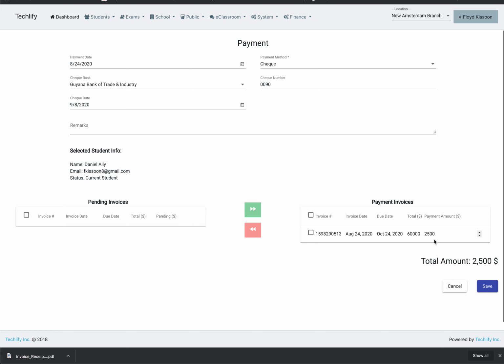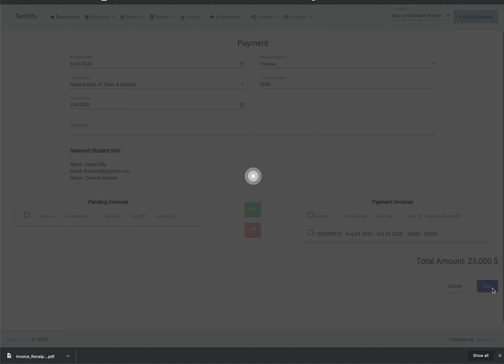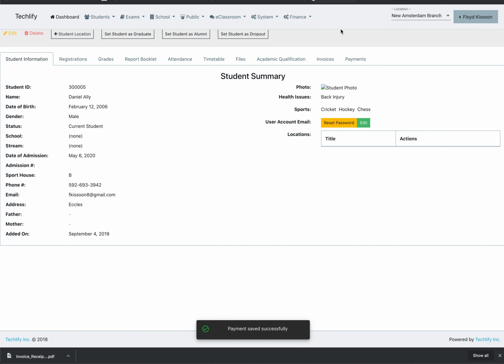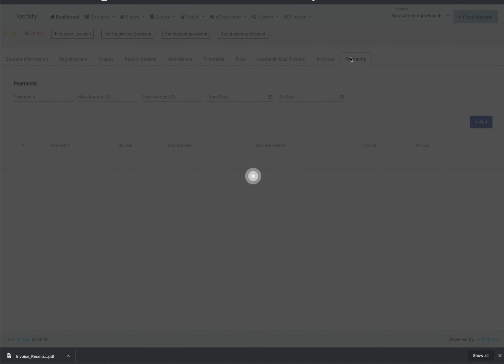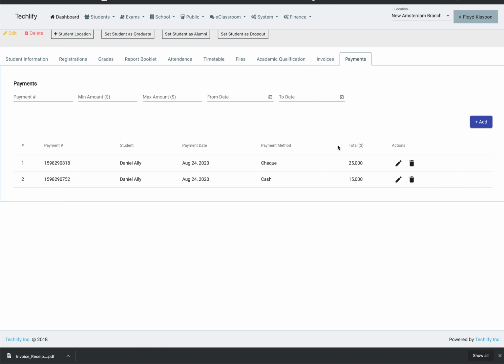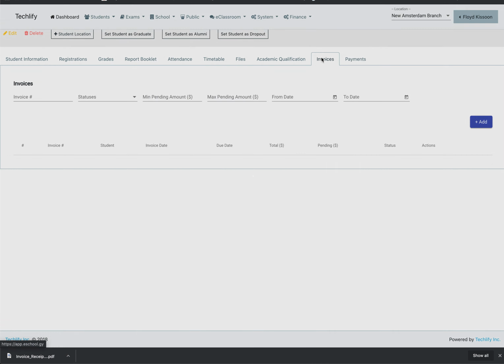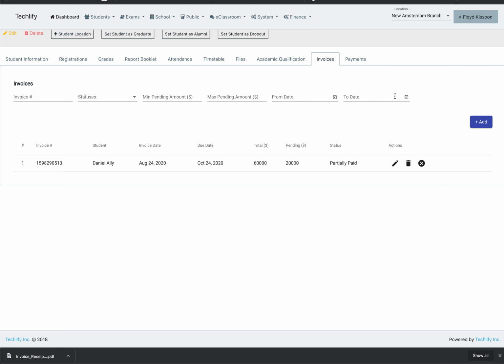Once we're finished, we recheck our information and ensure everything is correct. And then we go ahead and click save. Now once we click save, we can see that there's two payments for Daniel, a $25,000 payment and a $15,000 payment. And if we go back to the invoices menu, we can see now that there's only outstanding of $20,000